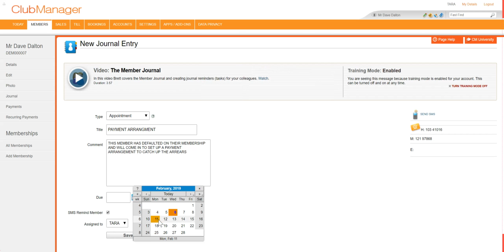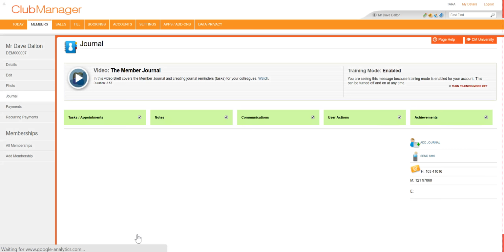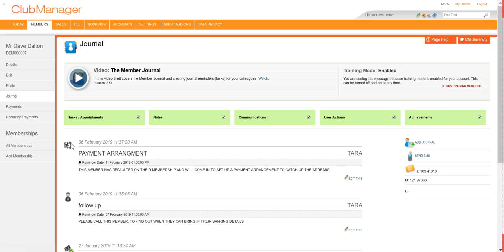They will be coming in, for example, next week Monday, and we do want to send them an SMS reminder of their appointment, and let's say that their appointment is at 1 o'clock. This is assigned to Tara, and we can go ahead and save that. As you can see, this icon is different. It is a running man with an arrow, and that is an indicator that it is an appointment. Next, we will add